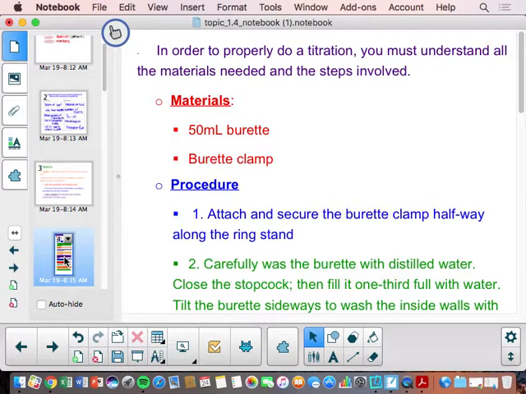And then we just have our other solution underneath, and we start that. We open it up, and it slowly goes into your mixture, and you just mix it underneath. And when the color changes, you stop this thing. Okay? It's a pretty easy thing to do. Not a hard task, but